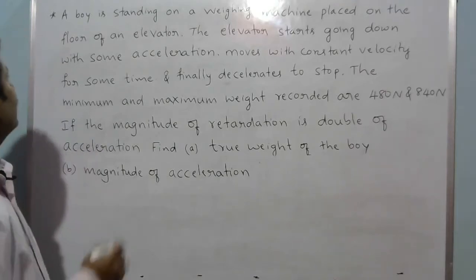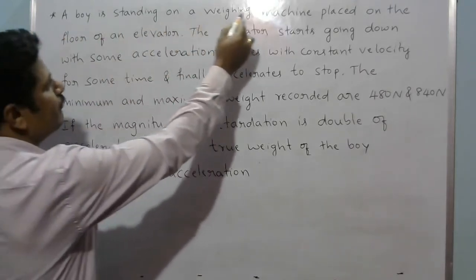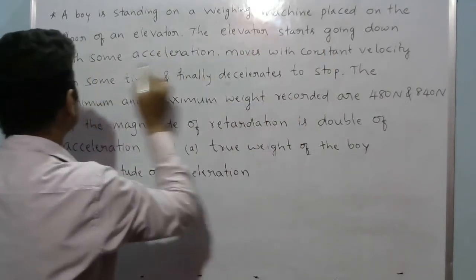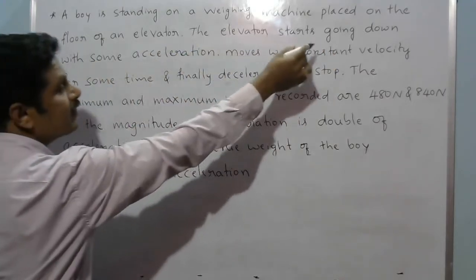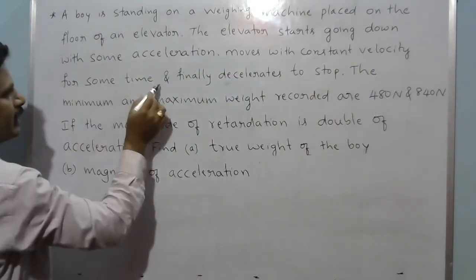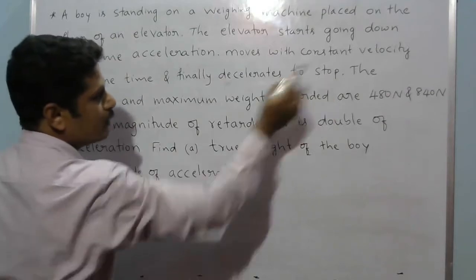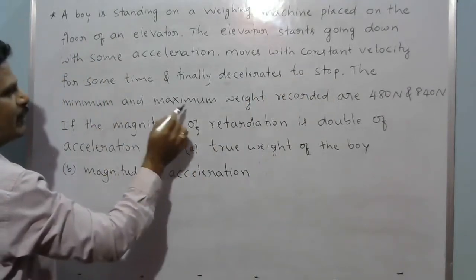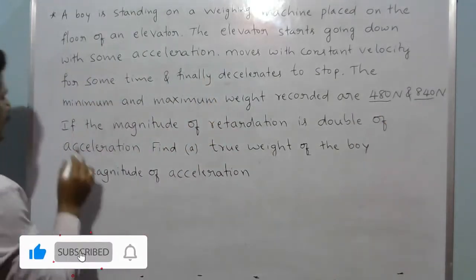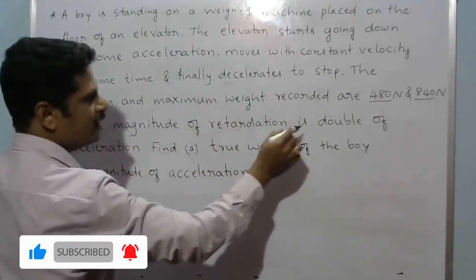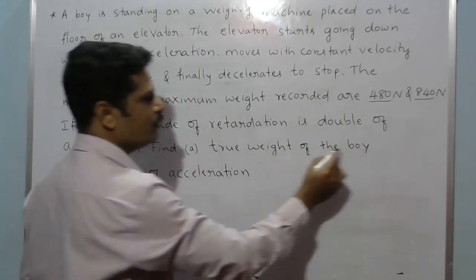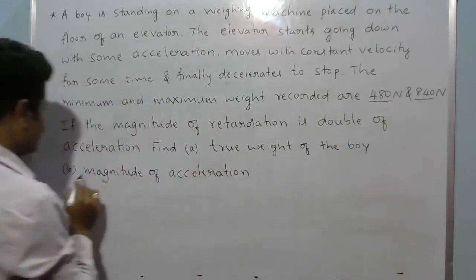Look at this question. A boy is standing on a weighing machine placed on the floor of an elevator. The elevator starts going down with some acceleration, moves with constant velocity for some time, and finally decelerates to stop. The minimum and maximum weight recorded are 480 Newton and 840 Newton. If the magnitude of retardation is double the acceleration, find the true weight of the boy and the magnitude